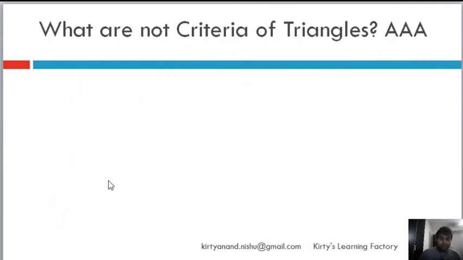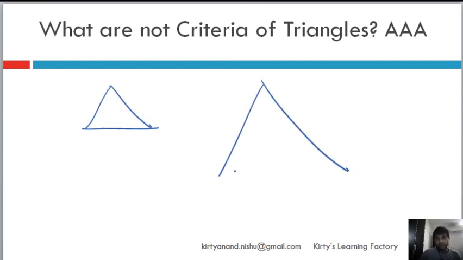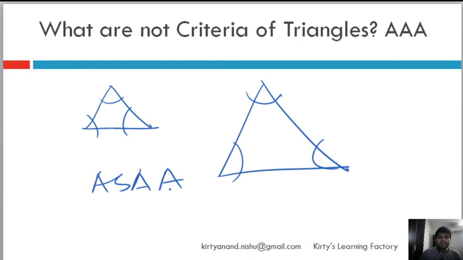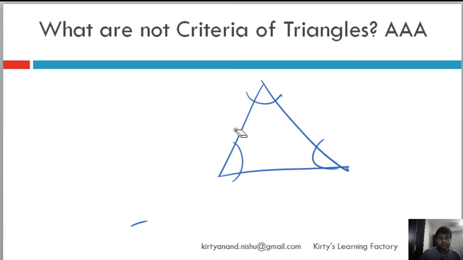so that's on that. And then what are not the criteria of triangles for congruency, and we have discussed it. AAA, I told you using the example of an equilateral triangle, that we can draw a large equilateral triangle, angles will be the same, therefore we need a side. And ASA, basically we don't write AAS, we say ASA, because when we say ASA, two angles, automatically the third angle is equal. Okay, so it just saves us confusion and time.